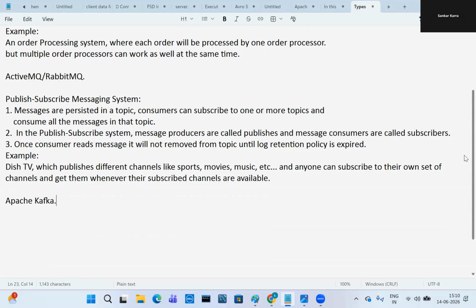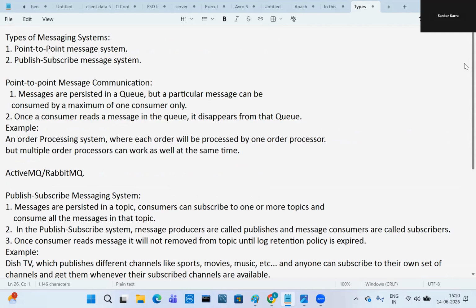So I will repeat these points. It is very, very important to understand the two different messaging systems. So, types of messaging systems. Tell me guys, what are the types of messaging systems? Point to point messaging system and publish subscribe messaging system. In the point to point messaging system, messages are persisted in a queue, but a particular message can be consumed by a maximum of one consumer only.